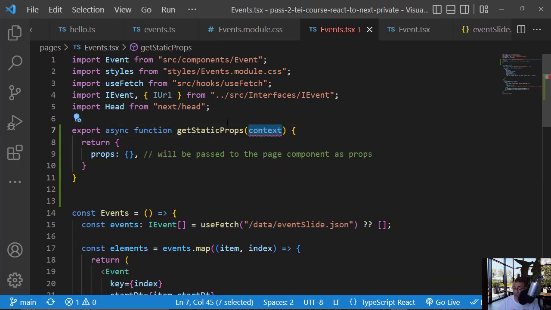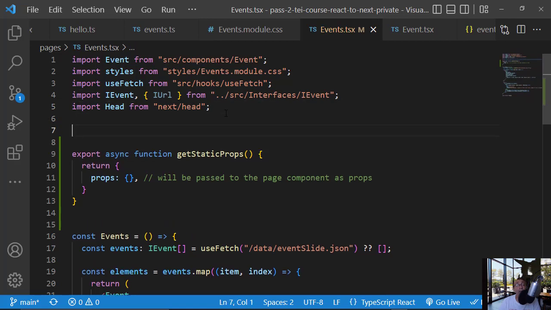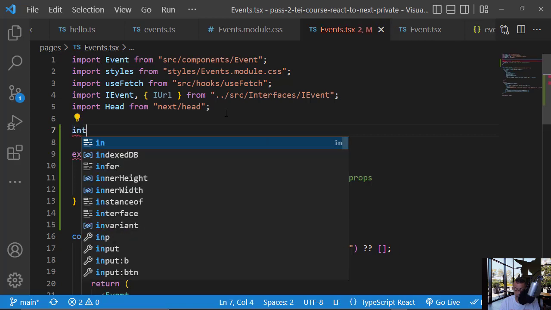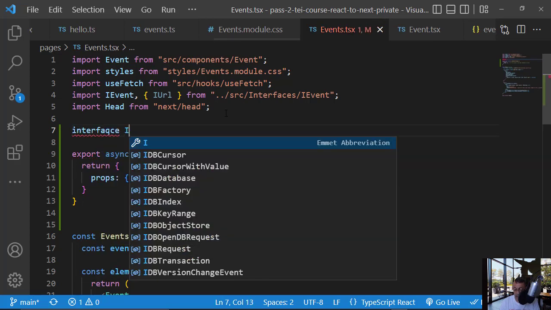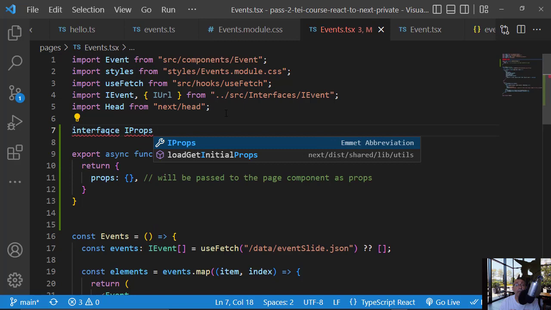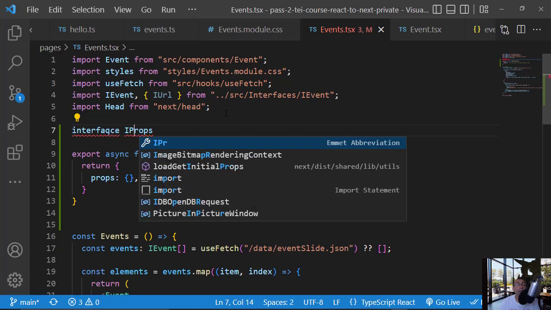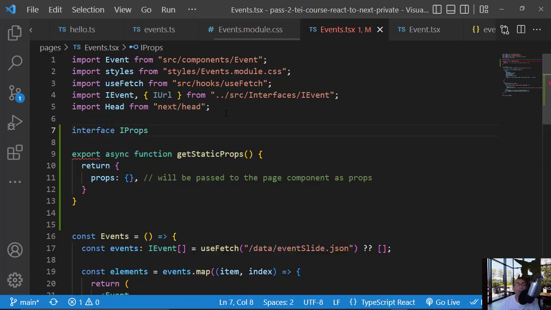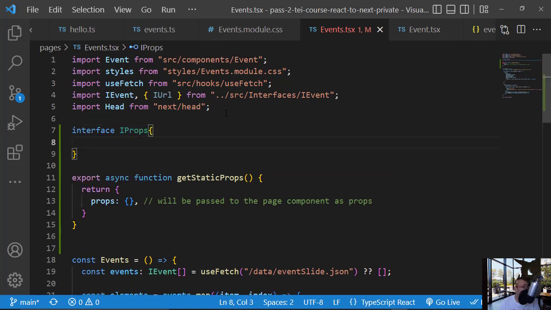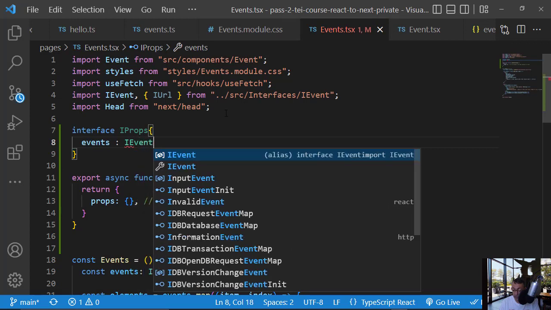Remove the context, and like in courses and like in testimonials, we will create the interface IProps. Events is of type IEvent array,